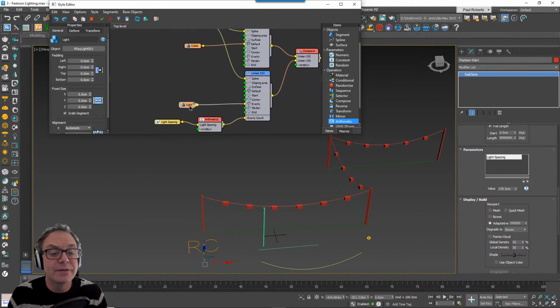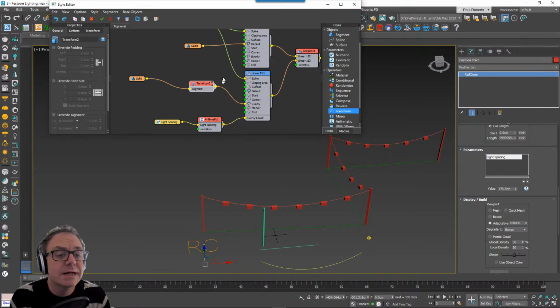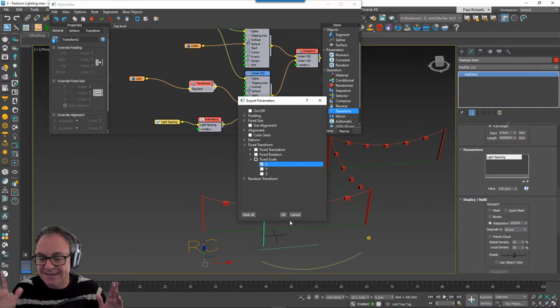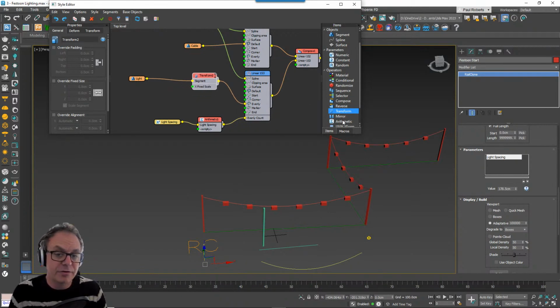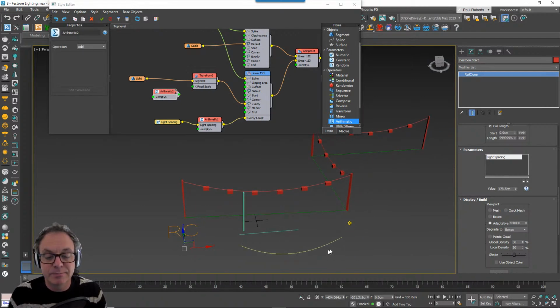And we can do that by taking our light segment and scaling it. So I'm going to put a transform node in there so that I can control it. And I'm going to right click on it and export the fixed transform, fixed scale, X setting. So I'm just scaling on the X-axis, don't need to scale it on the others. Hit OK. And now I need to use another bit of arithmetic, because basically all I need to do is work out the difference between the length of this spline, which is fixed, and this spline section, which changes.